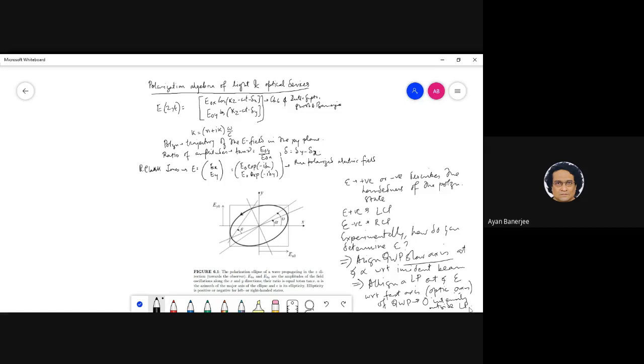But this is like trial and error. Typically what we do is, if you have randomly elliptically polarized light, you take a quarter wave plate, you first keep it at 45, and then you use a polarizer and see if you can attenuate it. If you do not attenuate it, then again you rotate the quarter wave plate. This is a basic method of trial and error. Of course, if you measure the Stokes algebra things, then just by four measurements you can get it. But this is also a way by which you can find out the ellipticity of randomly elliptically polarized light.